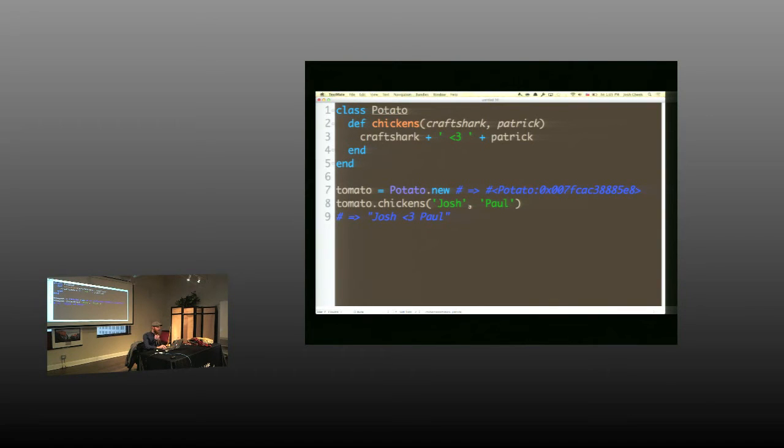All right, so that's our potato. And now I know what object I want to call it on, and so I need the method name right here. And that's the thing I'm going to invoke later on, but I'm not going to go look it up just yet. First, I'm going to evaluate this argument and this argument. And in this case, they're very simple. They're strings, but you can imagine it could be something like some other variable like that.